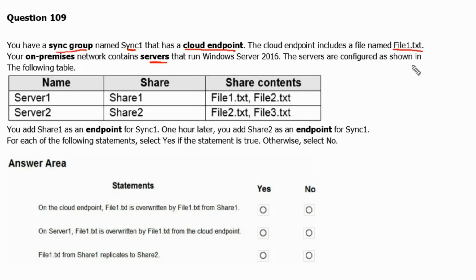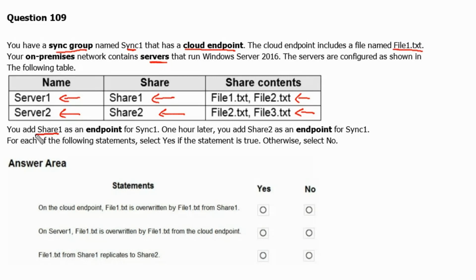The servers are configured as shown in the following table. So server1 has share1 and it has file1 and file2 as shared content. Server2 has share2 and it has file2 and file3 as shared content.